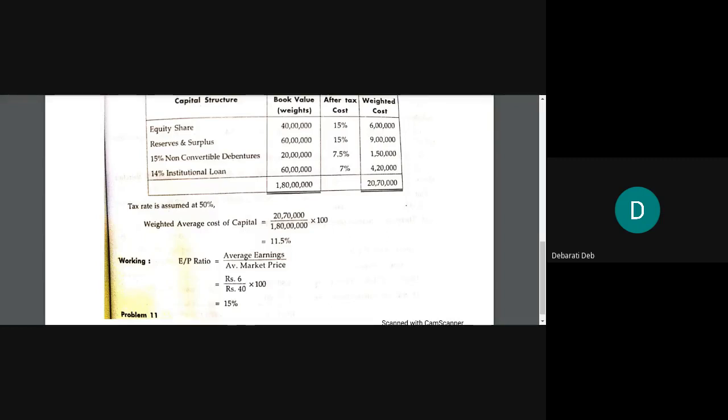And we are taking earnings per share. We are taking the average of that divided by the average market price of the share. So if you take the average, you see whether it is 6 and 40 or not. And tell me, yes, ma'am, it is 6 and 40. Tell me. From the question's additional information you will have to calculate the average earnings per share and the average market price per share. Tell me whether they are 6 and 40 respectively.